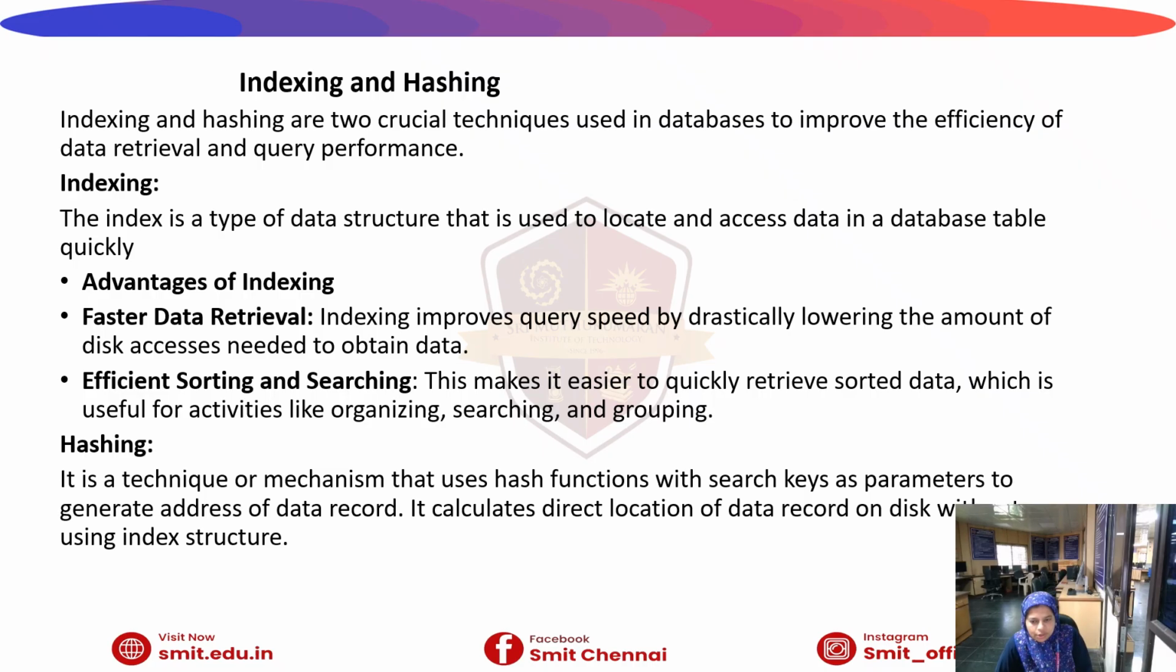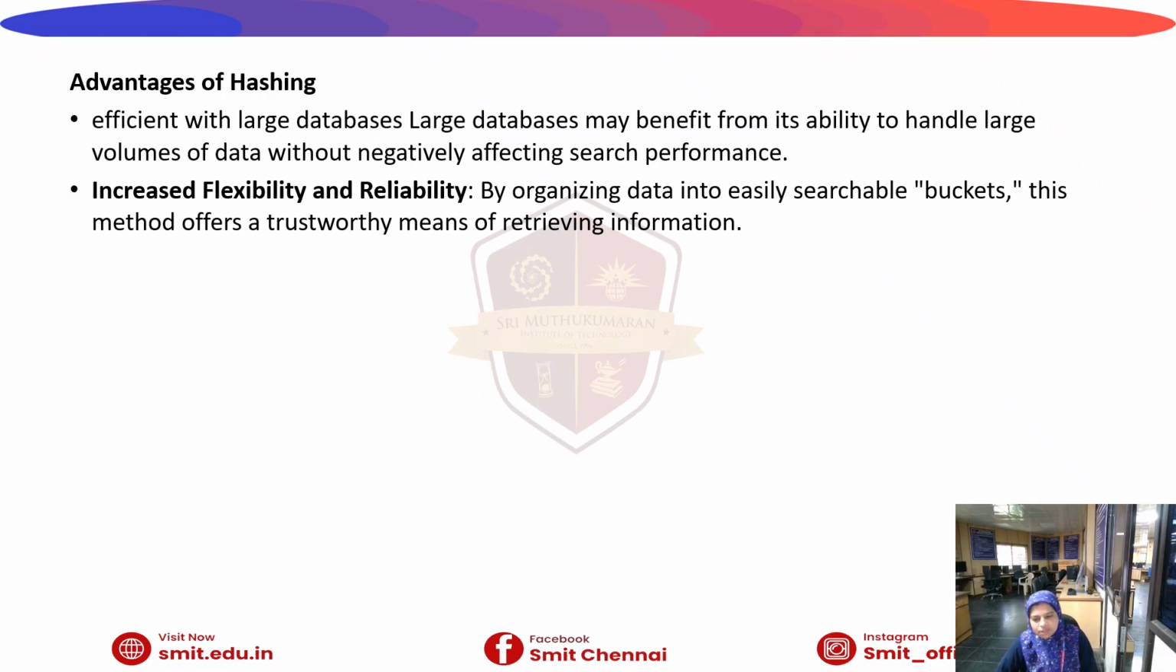Indexing, as I already said, is used to locate and access the data in the database, whereas the hashing technique uses a hashing function to search the data. What are the advantages of indexing? Faster data retrieval, then efficient sorting and searching. Faster data retrieval: indexing improves query speed by drastically lowering the amount of disk access needed to obtain data. Efficient sorting and searching: this makes it easier to quickly retrieve sorted data, which is useful for organizing and searching the data. And the advantages of hashing: